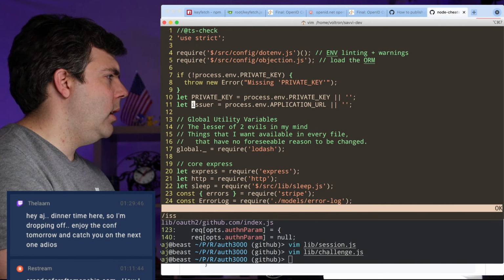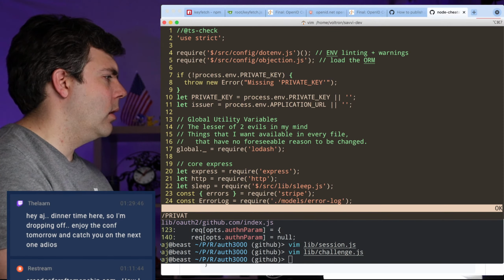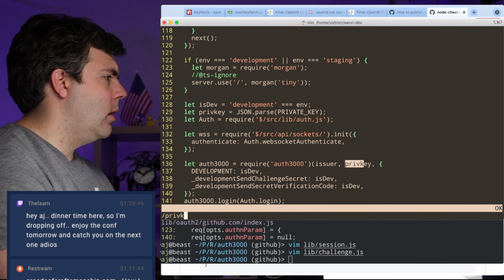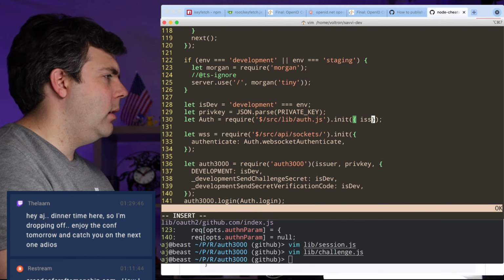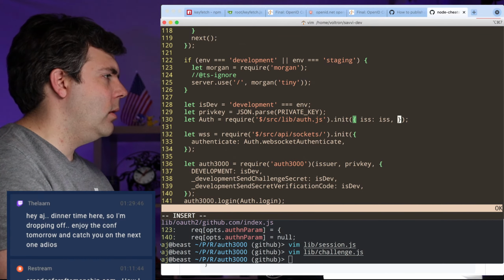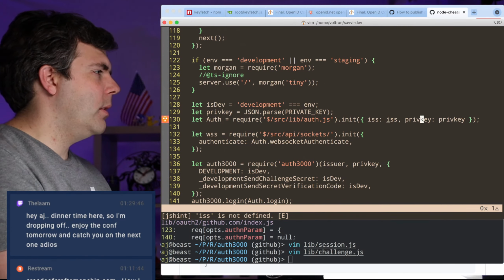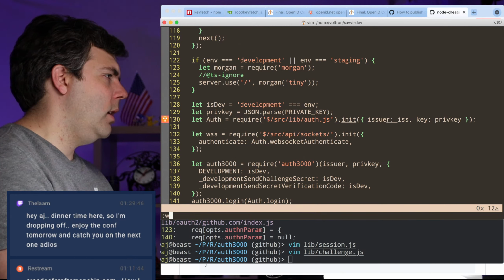And then where's the private key? Priv key. So essentially we'd need some sort of .init, and we need to pass in issuer and priv key, like so, or maybe just issuer and key.